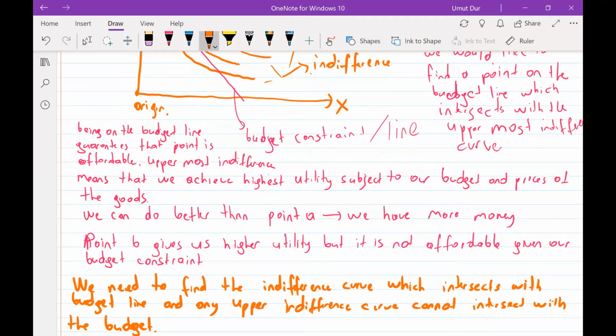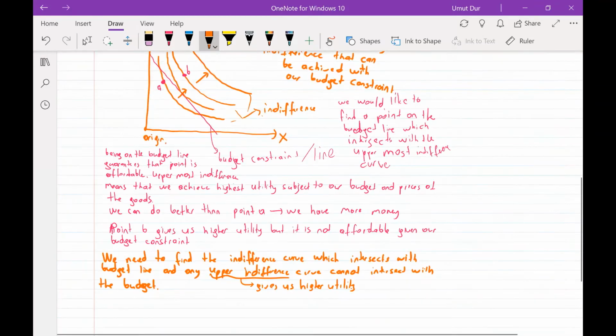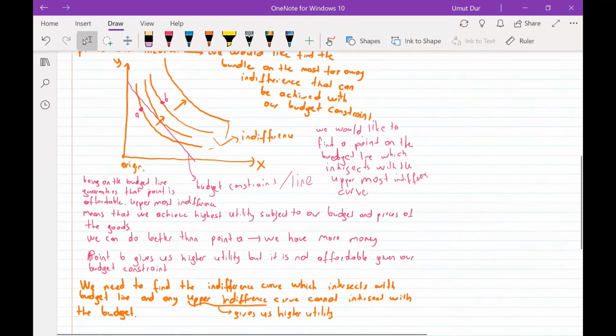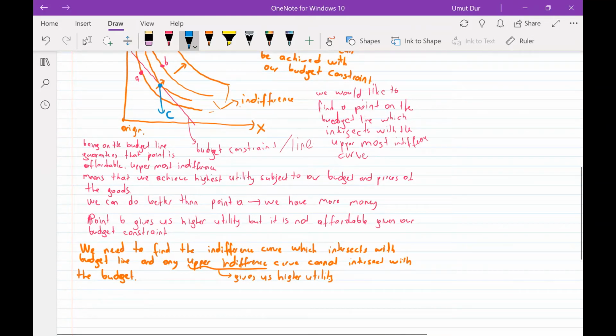While we are looking for the upper indifference curve, it will give us higher utility. So this is some kind of a maximization problem here. We would like to find this blue point C. The good thing here is, if our indifference curves are smooth like this,